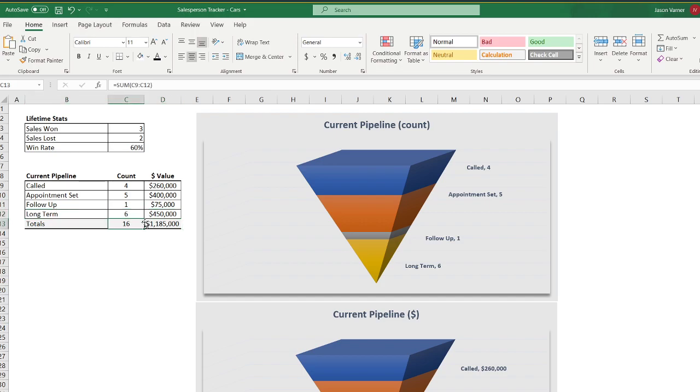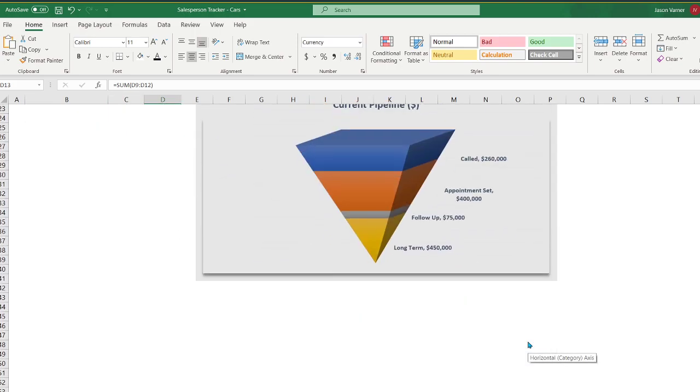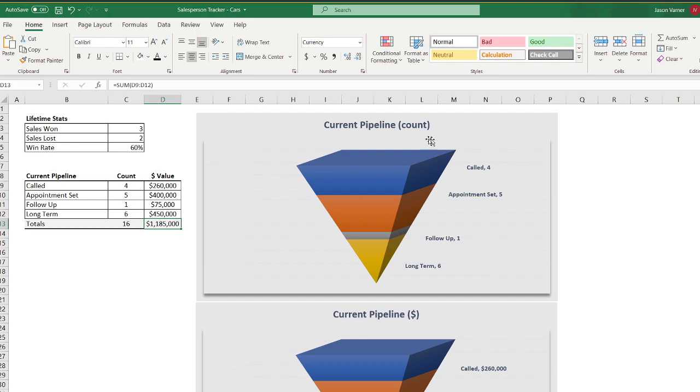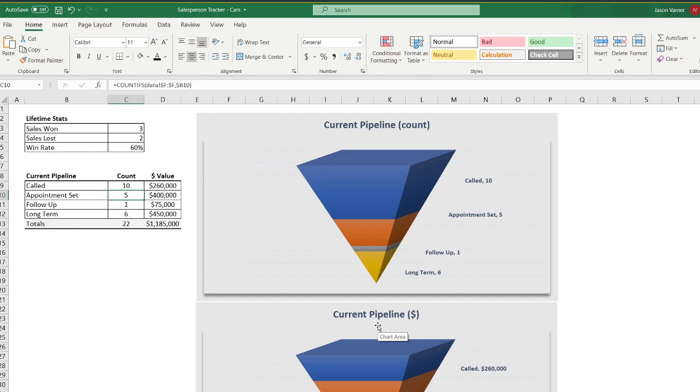So then we've got the total count in the pipeline and then the total value. And then we have these nice visuals. This is the count, the top chart, which is just looking at these numbers. So how many do you have in call, appointment set, follow up, long term, and these will all change. If I change the values here, see how that changes proportionally. Let's say we got 1 in appointment set, 15 in follow up,